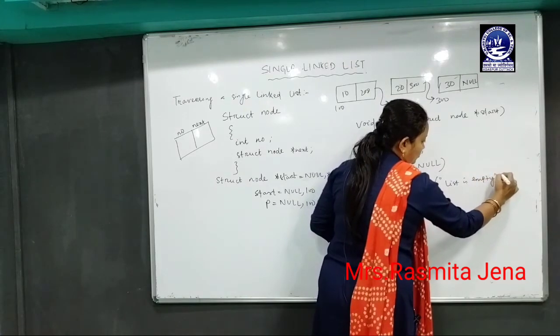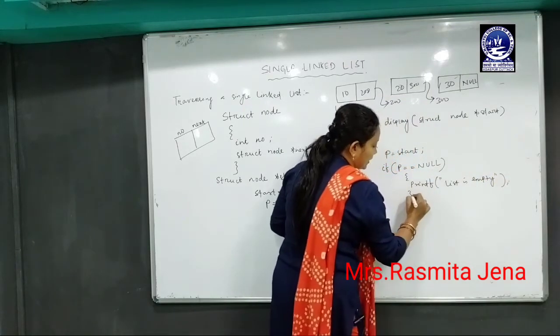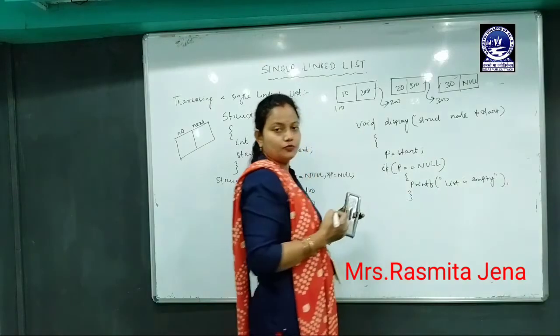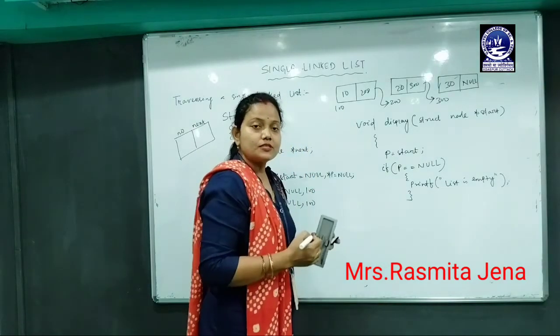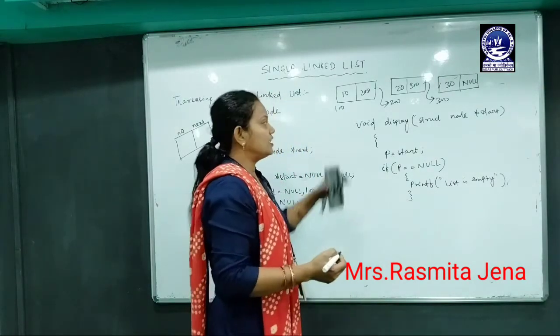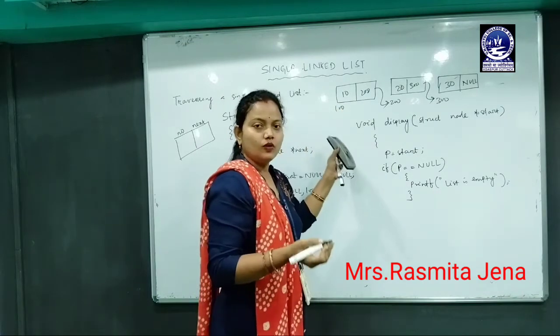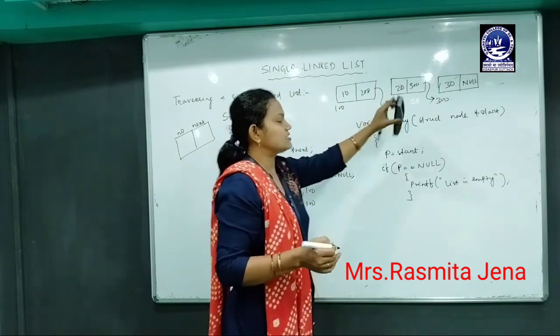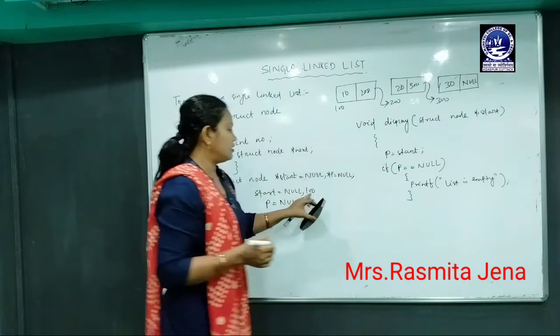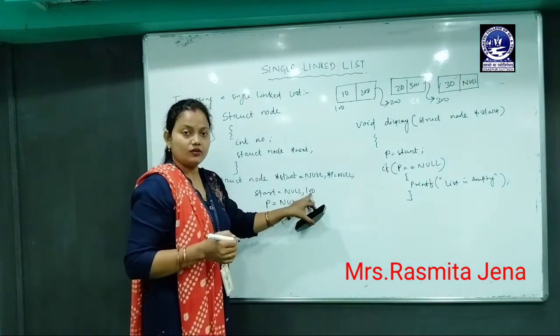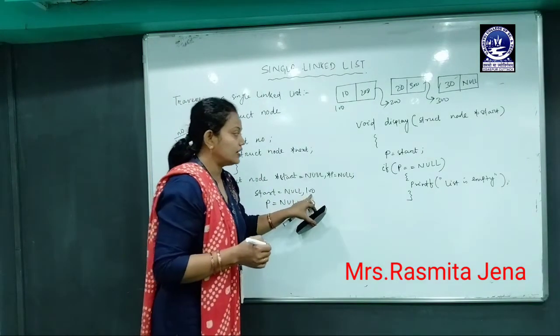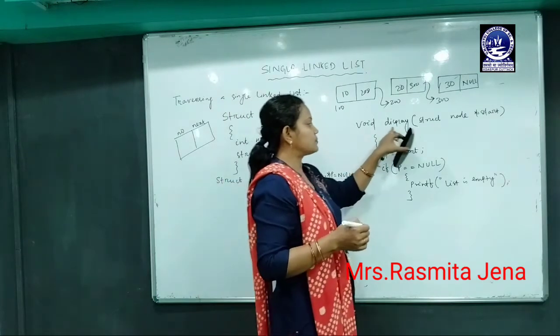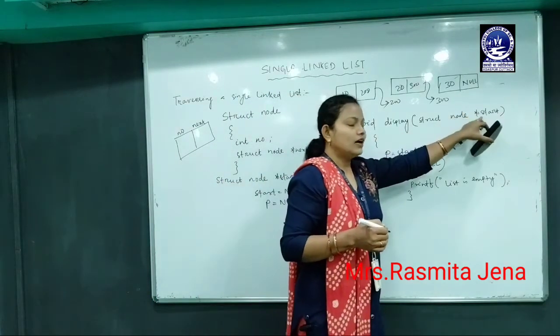Okay. Then the ending curly braces of if. Okay. Suppose next, let's assume the list is created. Suppose the list is created and the start value became 100. Okay. As the start value is 100, and when we call this display function, it will pass the argument,